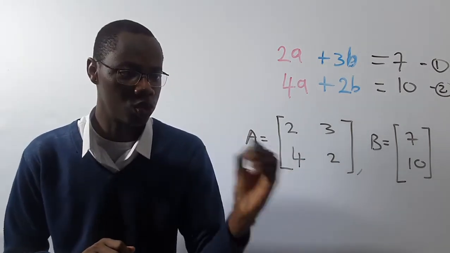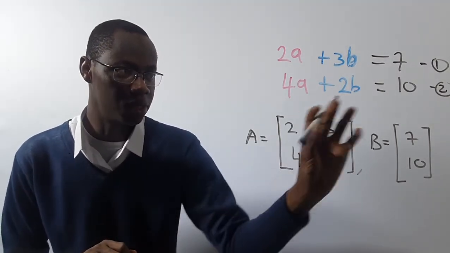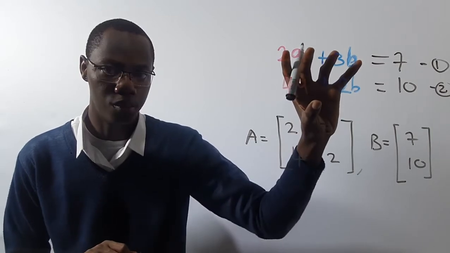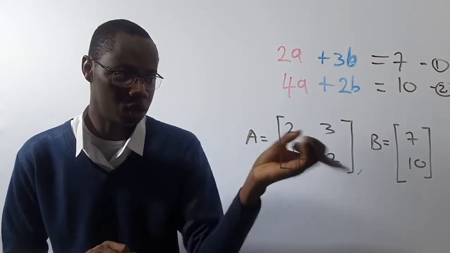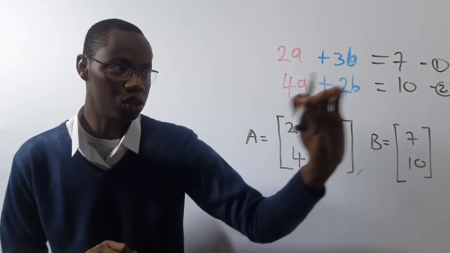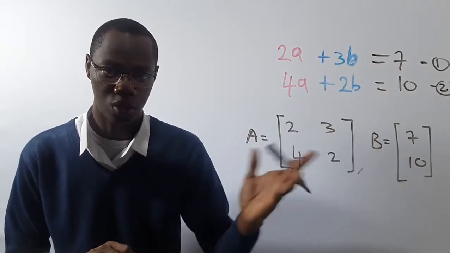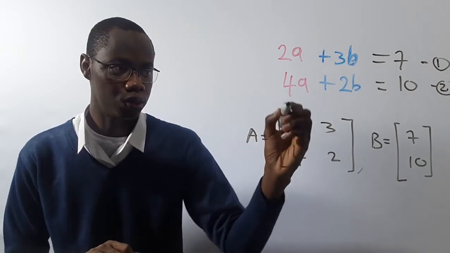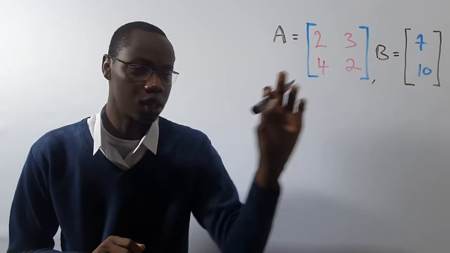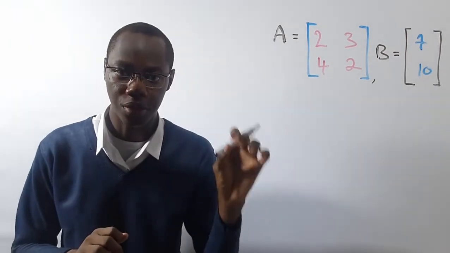The moment you represent it like this, A and B, the moment you bring everything out, you copy everything and paste it like this, then we don't need this equation anymore. This equation becomes irrelevant to us. All we need to do is solve this matrix here. So I can go ahead and delete this one now. So now we've gotten our matrix, and all we need to do is finally use Cramer's rule.